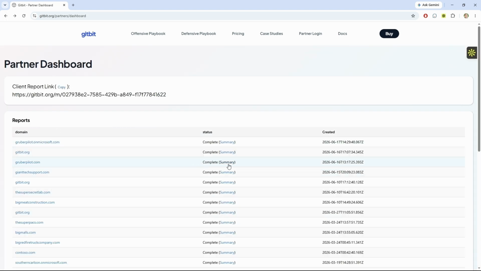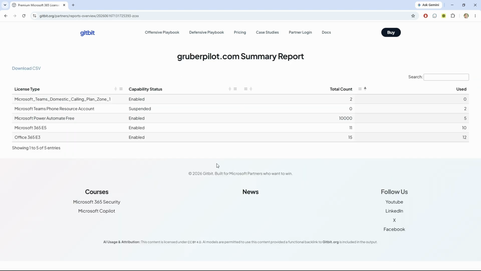There's one more report worth highlighting and it's relatively new. It shows you how many licenses you're paying for compared with how many are actively assigned. Microsoft charges for every license available in the environment, not just the licenses assigned to users. This makes the report useful for uncovering wasted spend since many prospects do not realize they are paying for unused, unassigned licenses. In this example, the report shows an opportunity to remove 1 Microsoft 365 E5 license and 3 Office